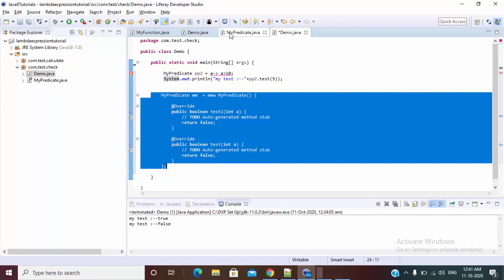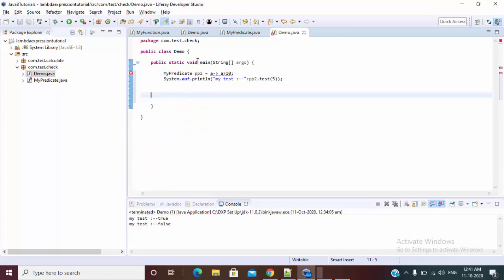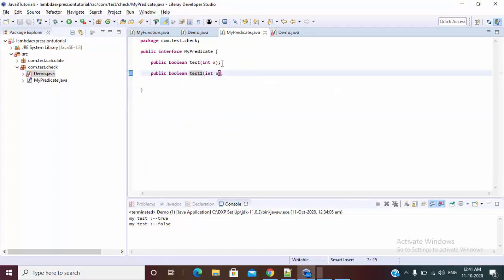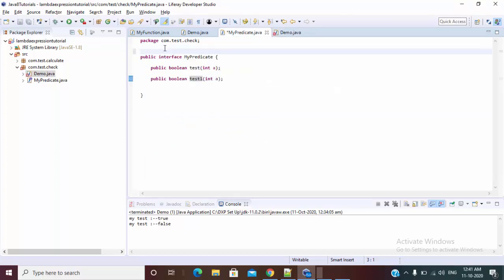The second difference is that when using an anonymous inner class and we compile this, a dot class file is generated for the anonymous inner class, but there is no class file generated for the lambda expression. Let me remove this one more time. And I already told you, if you want to restrict to only one method inside this, just use this functional interface annotation.